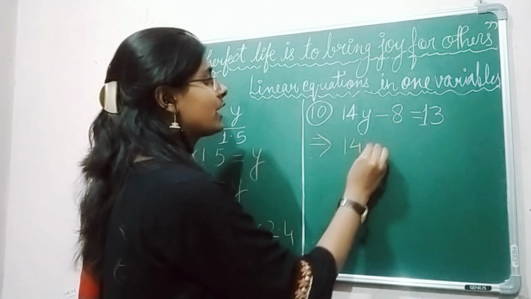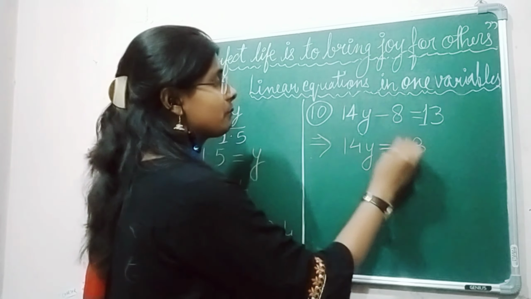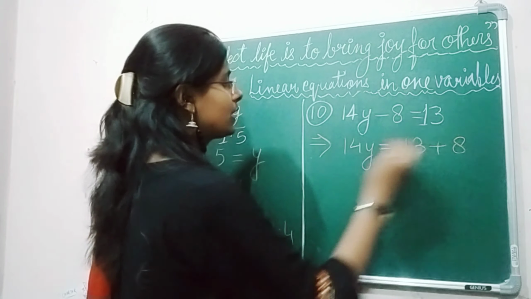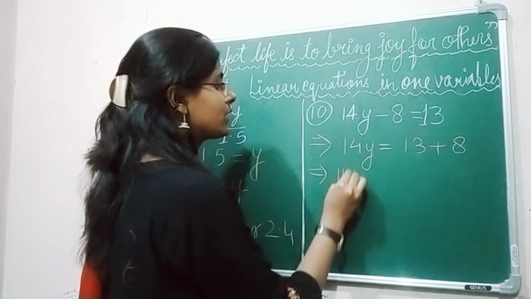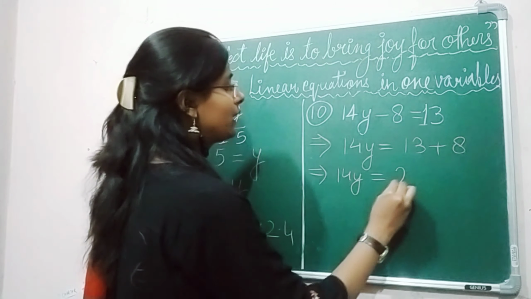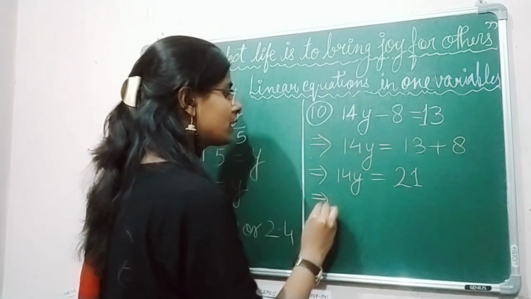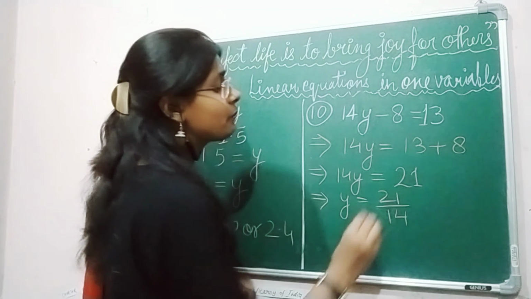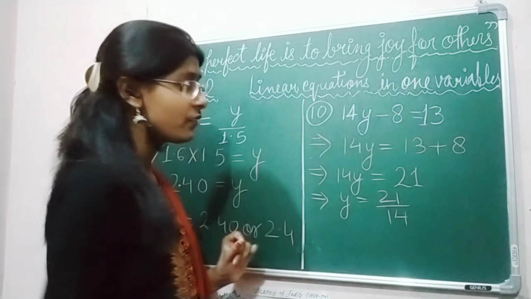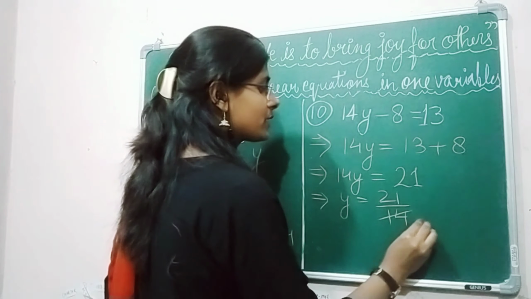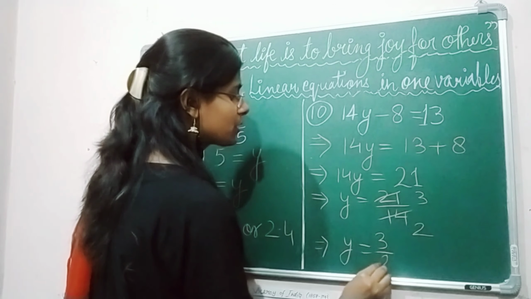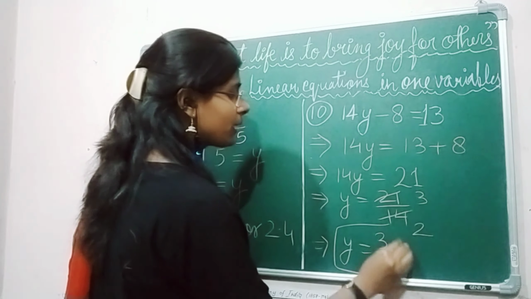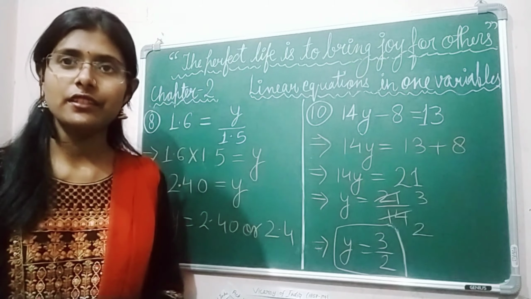So 14y is equal to 13 minus 8, which would be transferred as plus 8. It would be 14y is equal to 13 plus 8, 21, and y is equal to 21 divided by 14. Can you see that both the numbers are the multiples of 7? Let's divide them. 7 2s are 14 and 7 3s are 21. We got a fraction as our answer. Yes, it is possible. So y is equal to 3 by 2 would be our required answer for question number